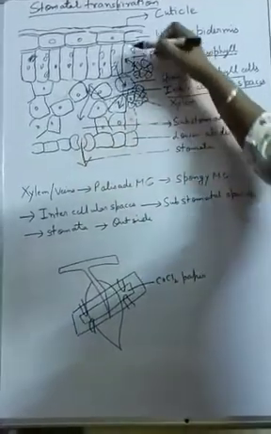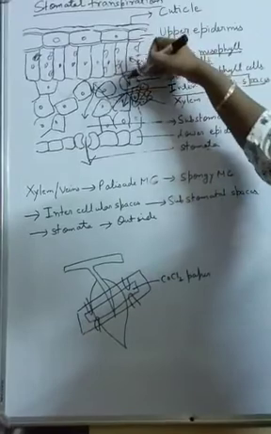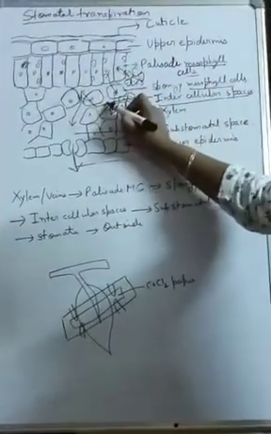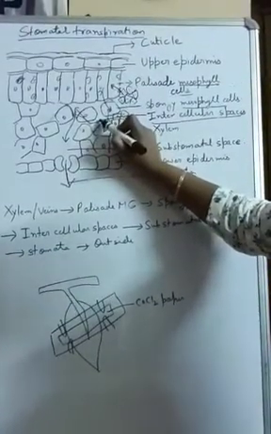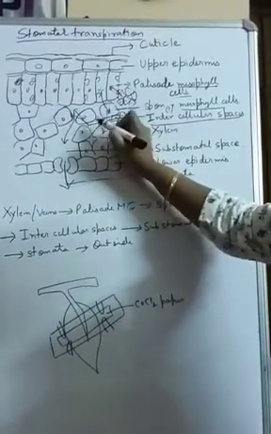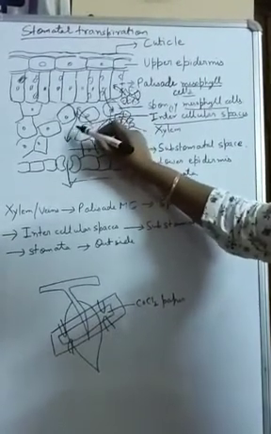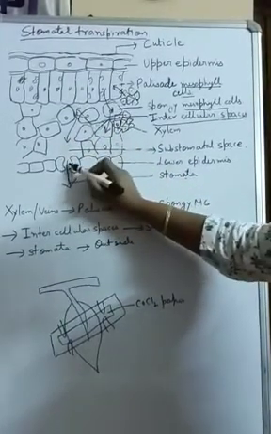Water comes by the process of osmosis, and then it goes from mesophyll cell, palisade to spongy, through osmosis, and when it enters intercellular spaces, then the process changes from osmosis to diffusion. So by diffusion it goes from one intercellular space to another, and finally to substomatal space and out through stomata.